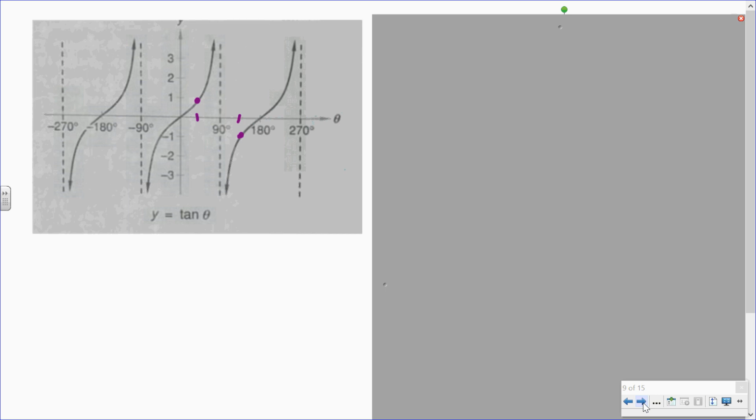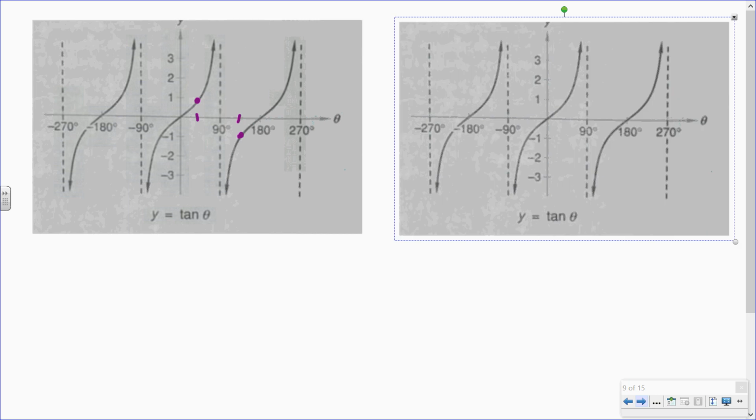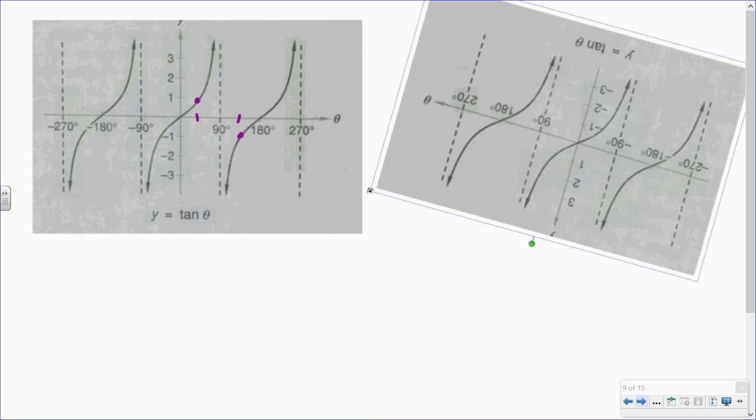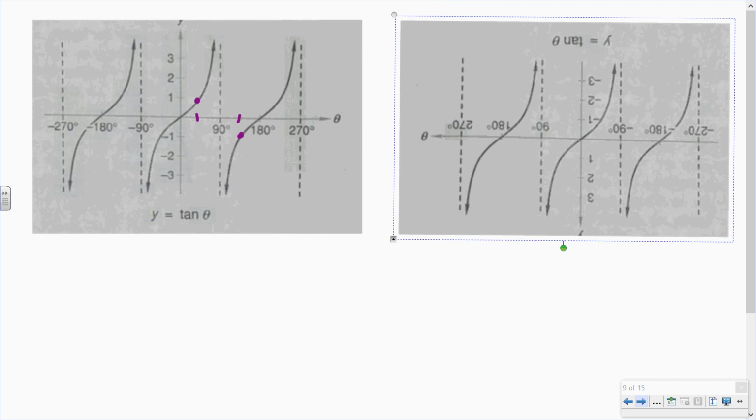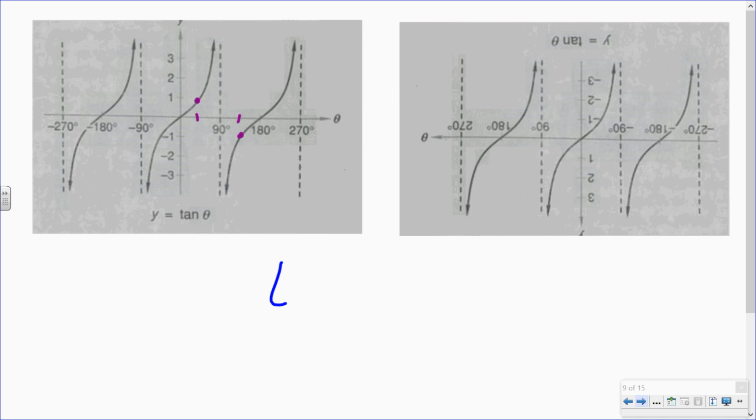No, it doesn't look like mirror images. Could I spin it 180 degrees and it looks the same? And thinking maybe, well, we'll take a look here. Does it look like the same shape, just the labeling's messed up? So that means this one has to be odd. So tangent